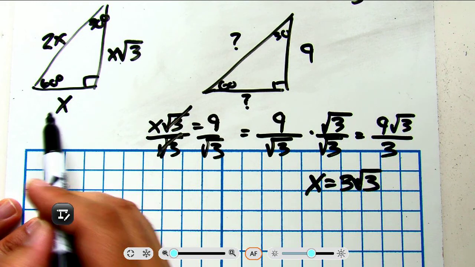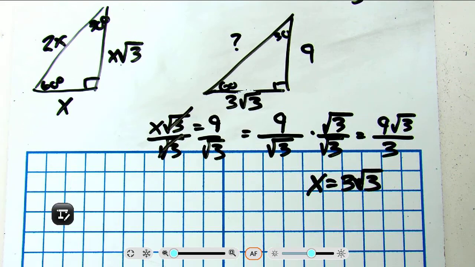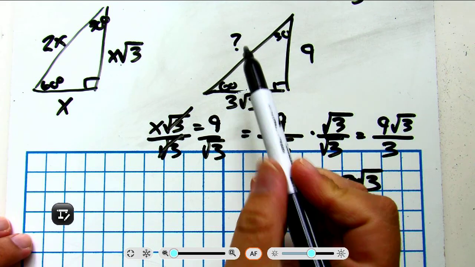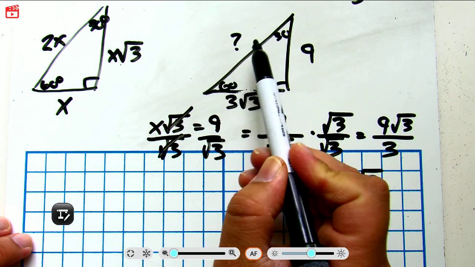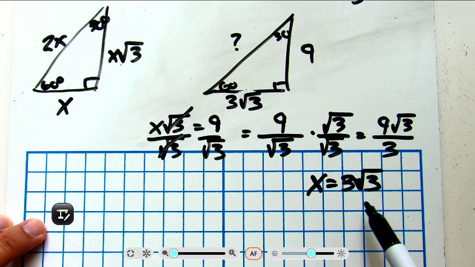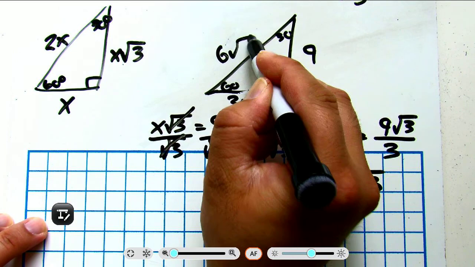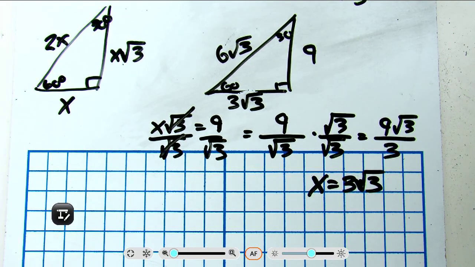My hypotenuse is 2 times x. So 2 times 3 square root 3 becomes 6 square root 3. So now we have all 3 sides of our right triangle. Started with the long leg, we